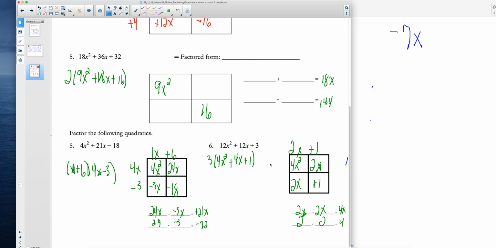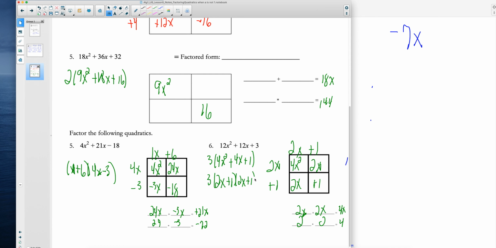In the first row it's also a GCF of 2x, and in the second row it's just a positive 1. So writing this out in factored form, we once again keep that GCF out front: 3 times 2x plus 1 and 2x